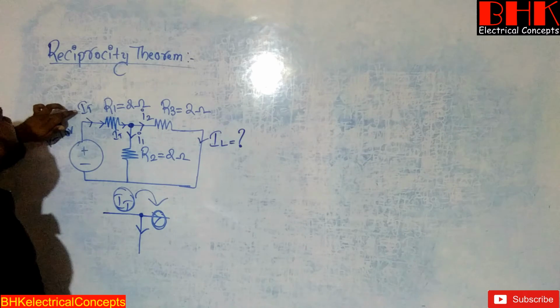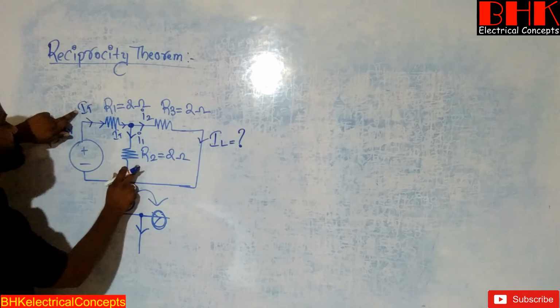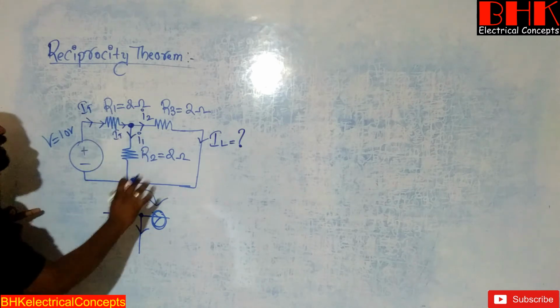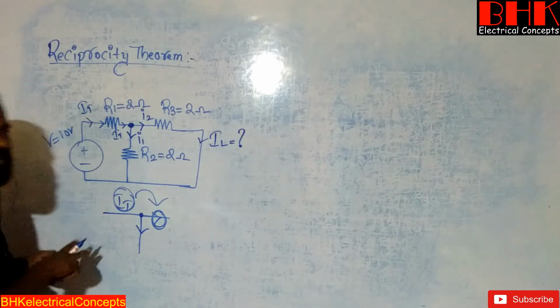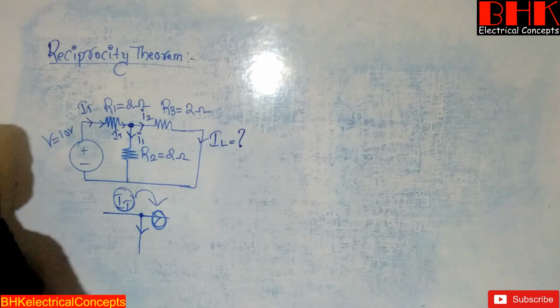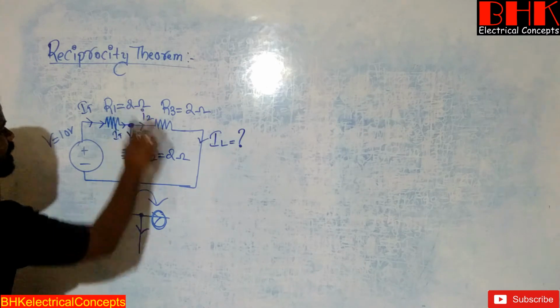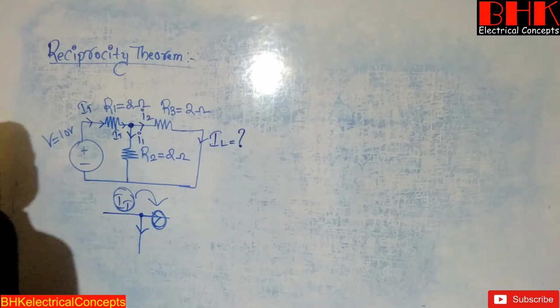So to calculate the total current in the circuit, what do we need to do? We need to find the total resistance of this circuit. After that we need to find the total current. Clear? Now go for the calculation of total current. Before that we need to calculate the total value of resistance from the circuit. Now go for the calculation of RL.